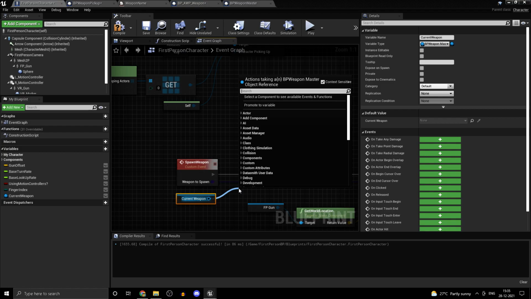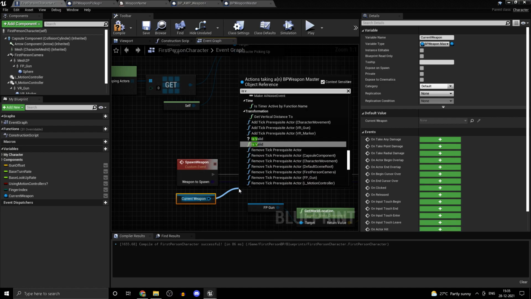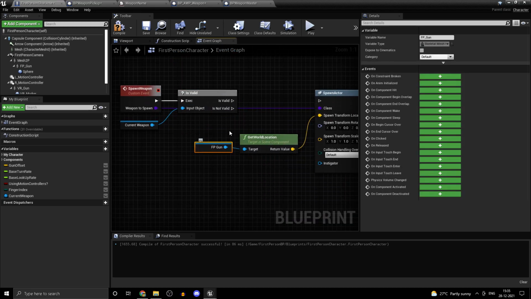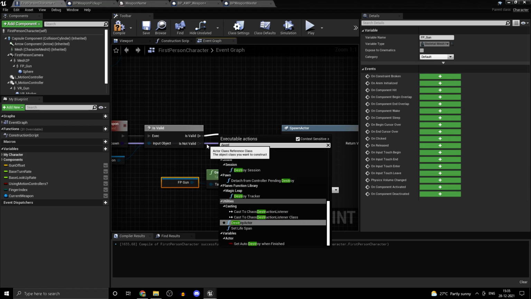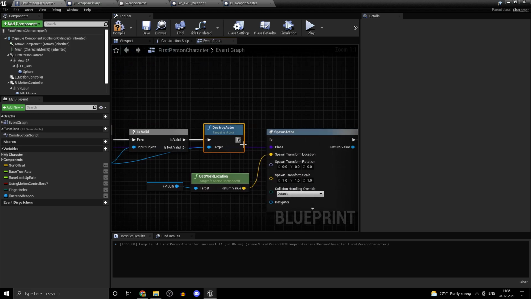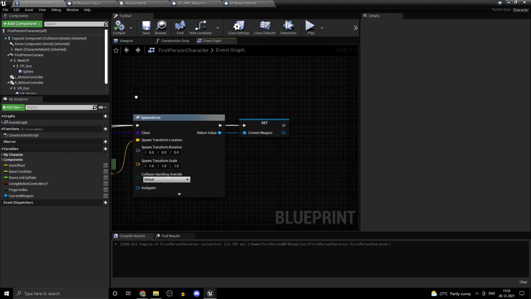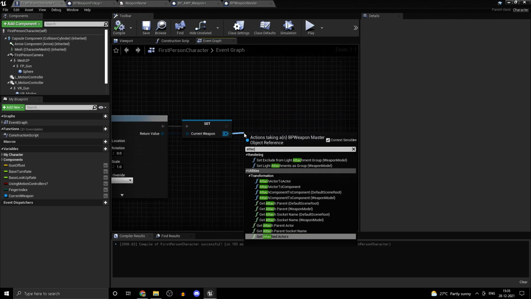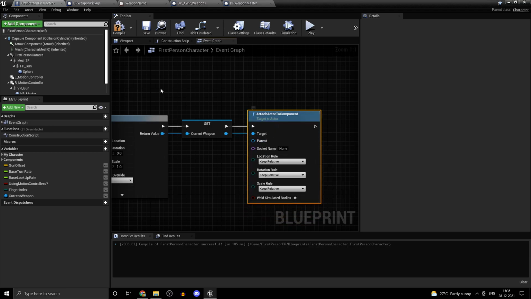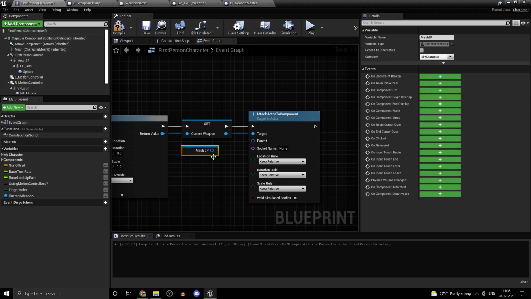One more thing that you could do is destroy the previous weapon. Off of this you can check if it is valid. If it is valid, it means that the player is in fact holding a weapon. If it is, we are going to destroy it, so destroy actor, and the actor we'll be destroying is the current weapon. But if it's not valid, you just go ahead and spawn the weapon. And we could just attach it, so attach actor to component, and for the parent, let's take mesh 2p, and let's keep its world location.